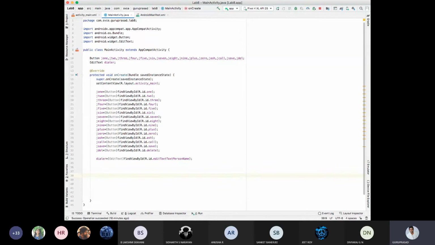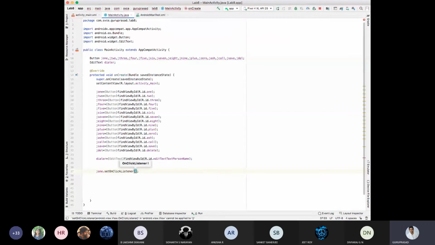Correct? Now your task is, upon clicking the Java 1 button, what should happen? For that, listen carefully, for the beginners. Java 1 button, if I am clicking that, dot setOnClickListener. Upon clicking, I'm creating a new View.OnClickListener.